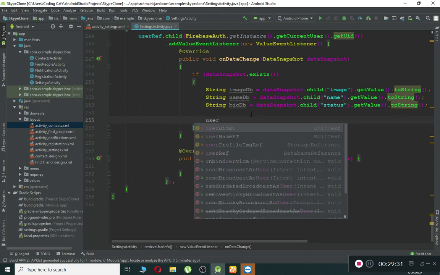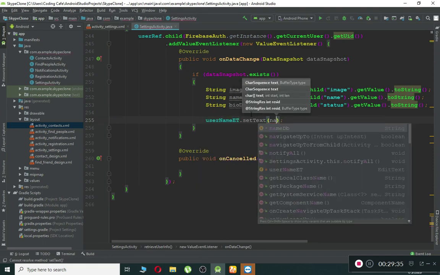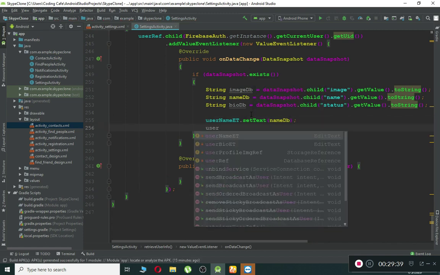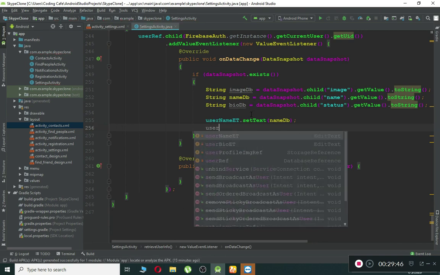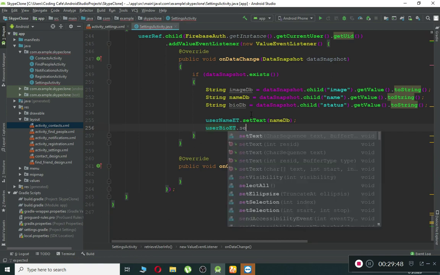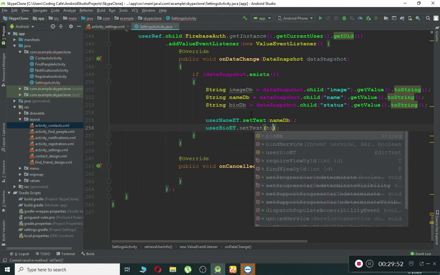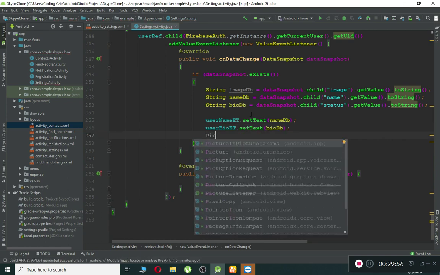Username et dot setText and pass the nameDb to it. Then user bio et dot setText and pass the bioDb to it. Now we have to set the image, so for that, first of all,